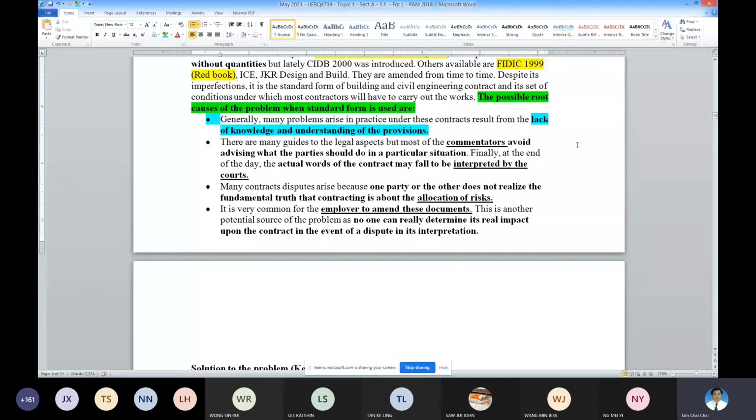What is the role? I hope you don't get confused when you see the words roles of the employer. More often than not, the employer is to pay, to act as the financier. This is the key role the employer should play in the usual construction contract. Then what are the obligations? It's not limited to paying for the work. That is number one. And then the other obligation is to